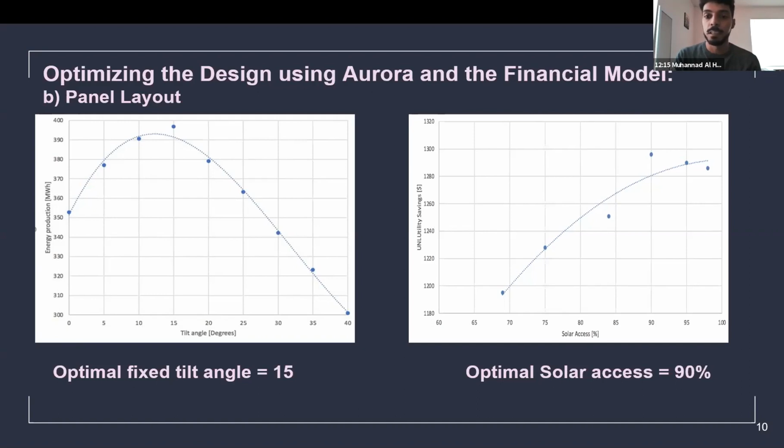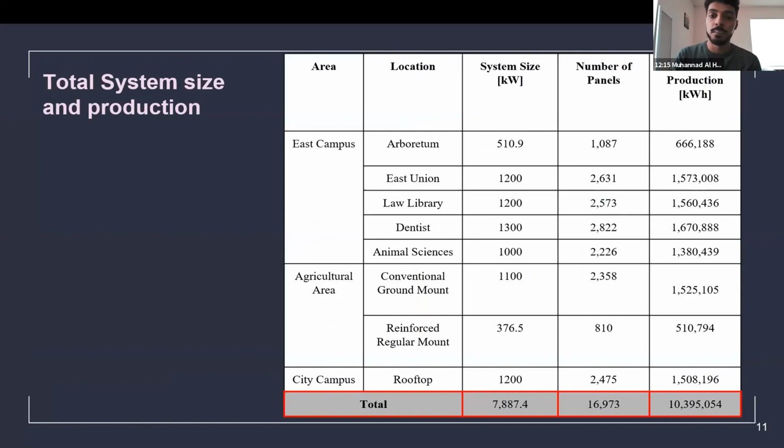Looking at the figure, the optimal point of solar access efficiency that will provide the maximum utility saving was estimated to be 90%. The higher solar access efficiency fails to be an optimal point because it decreases the total number of panels, which reduces the production, while lower access efficiency panels are less effective while costing more. All in all, the system size is 7.8 megawatts, and we used more than 17,000 panels to produce more than